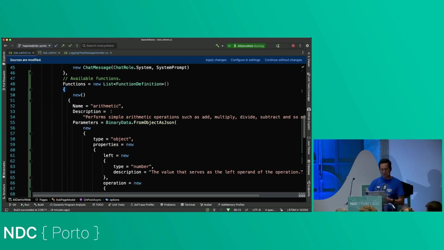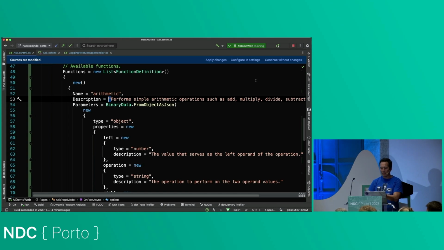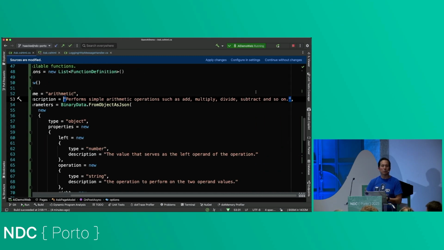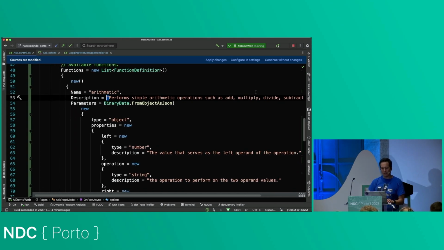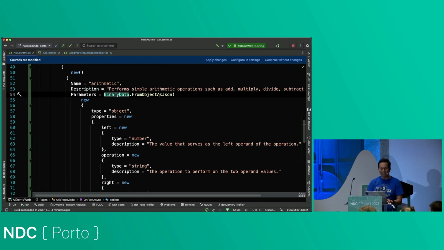So let me walk through this real quick. This looks pretty much like that original JSON format, right? Name, description. I elaborated a little bit for the sake of the argument. And then parameters. With the OpenAI Azure library, you use this BinaryData.FromObjectAsJson. That's their method.